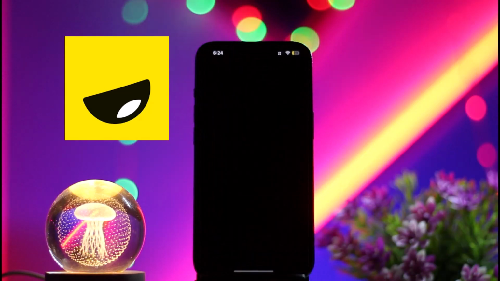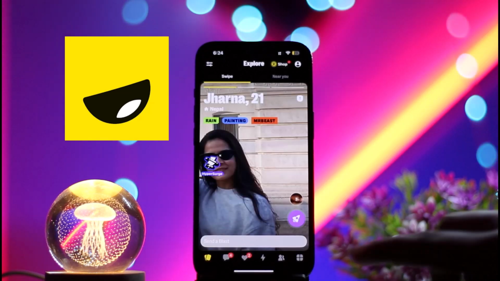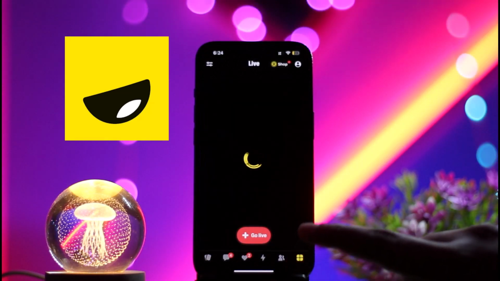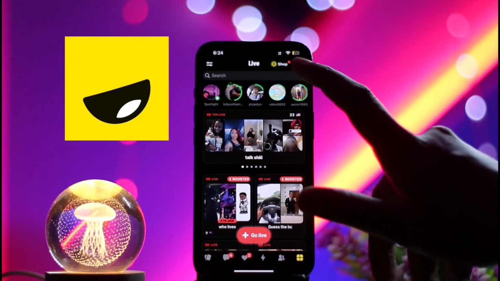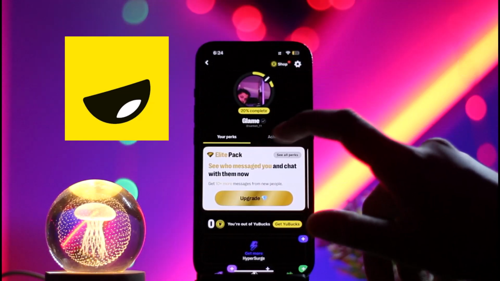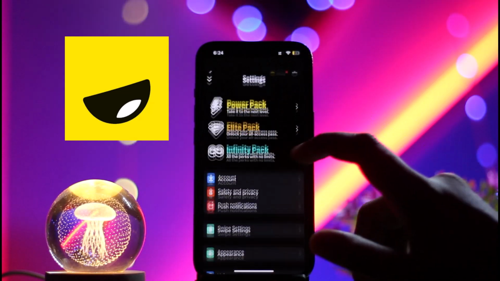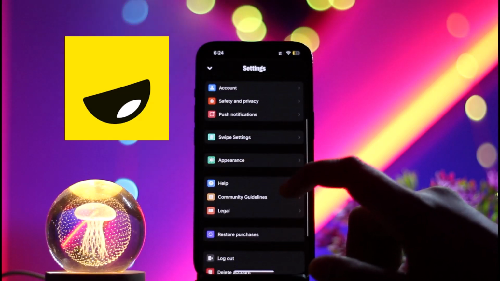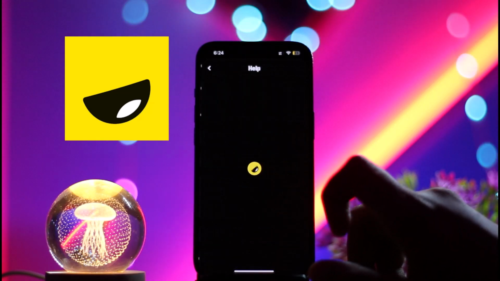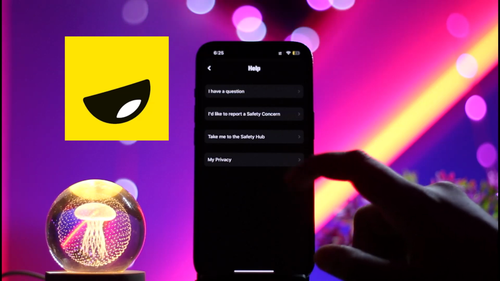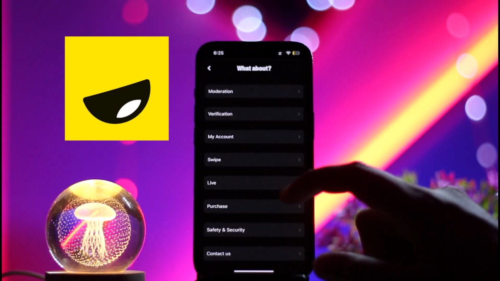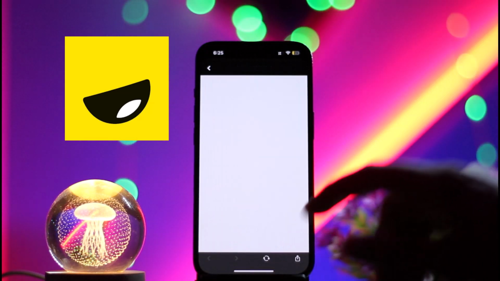So simply open the Yubo app on a device, and from here you just need to click on the option of live at the very bottom right, and here click on the profile icon at the very top right, and click on the settings icon again. So from here click on the option which says help at the very bottom of the screen, and it says I have a question. So click on it and click on the option of contact us at the very bottom of the page,